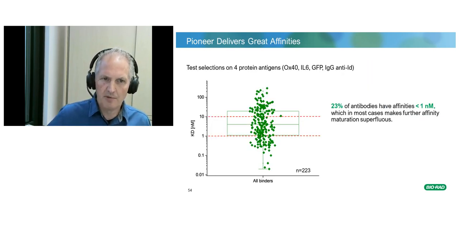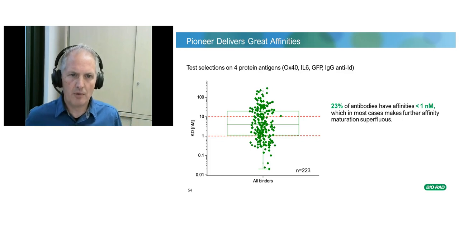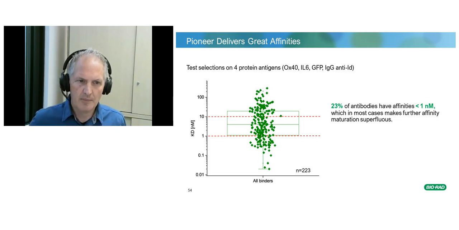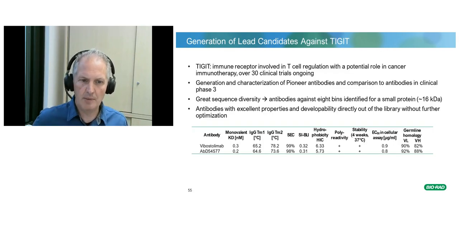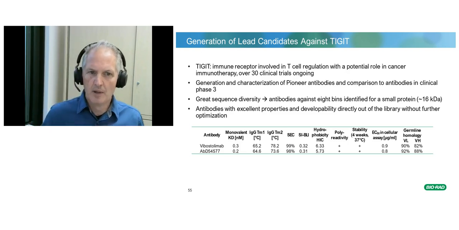So how does this library perform? Here's a test selection on 4 antigens, and for about 20% of the antibodies which we analyzed, the affinity is in the sub-nanomolar range. So we get really excellent affinities right out of the Pioneer library. And we then